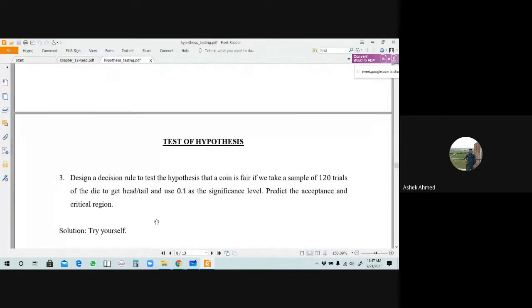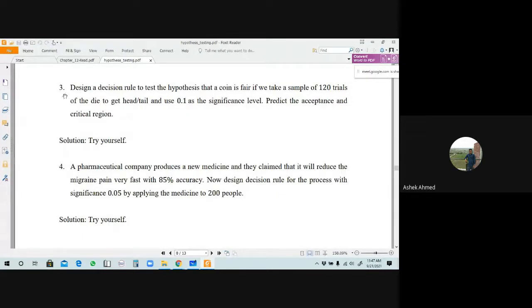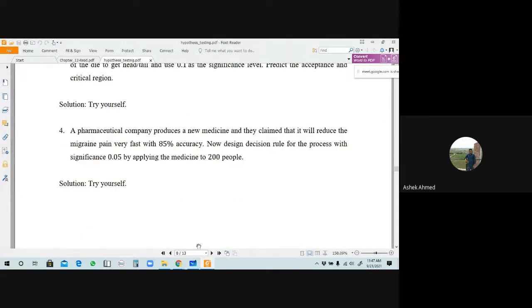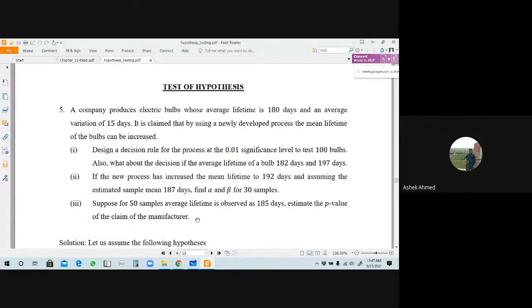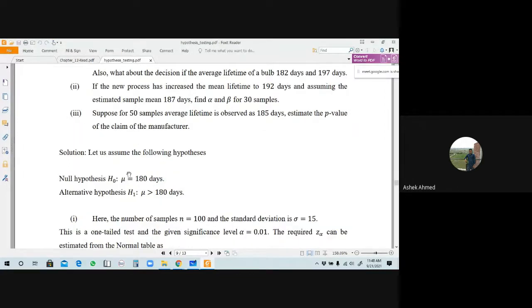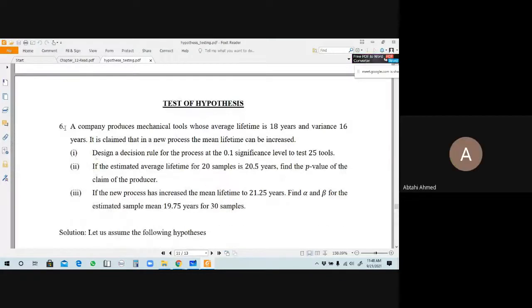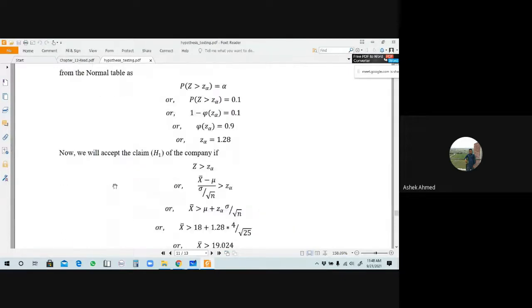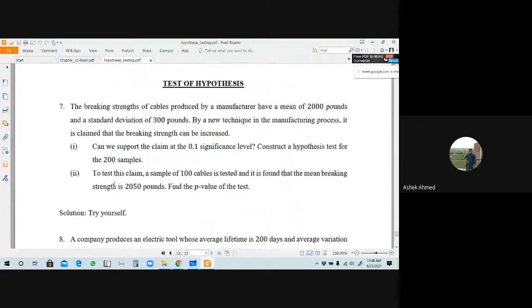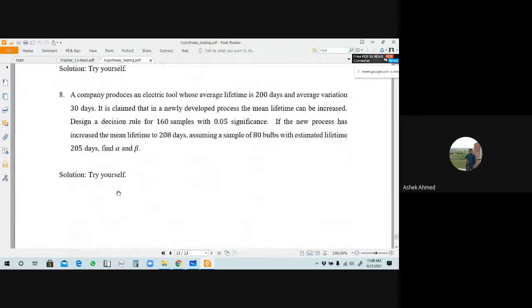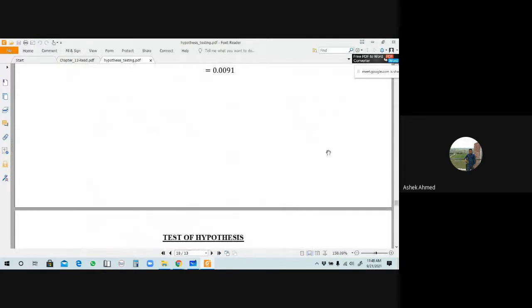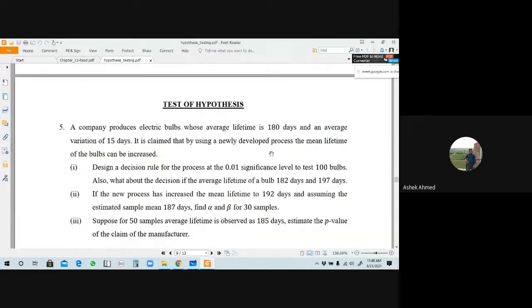By using this concept you have to solve exercise problems number 3 and 4 also. Now we'll discuss the last problem of this topic, number 5. I will discuss only problem number 5. Sir, should we skip 3 or 4? No, you have to practice 3 and 4 yourselves. This is similar to example number 1 and 2. You have to do number 6 yourselves, and I will explain number 5. According to this problem you also have to solve problems 7 and 8. If you understand 5, 3 will be complete. I am explaining 5 carefully. Okay, take a look.